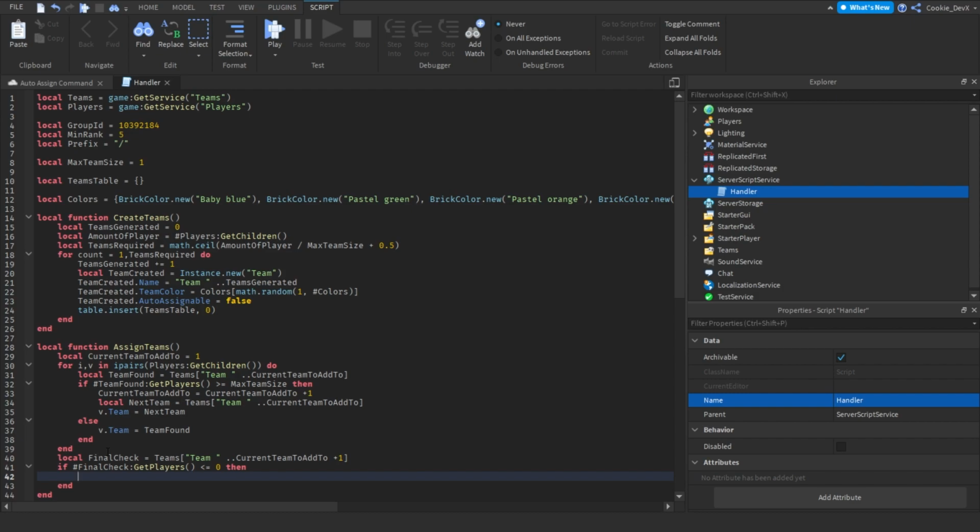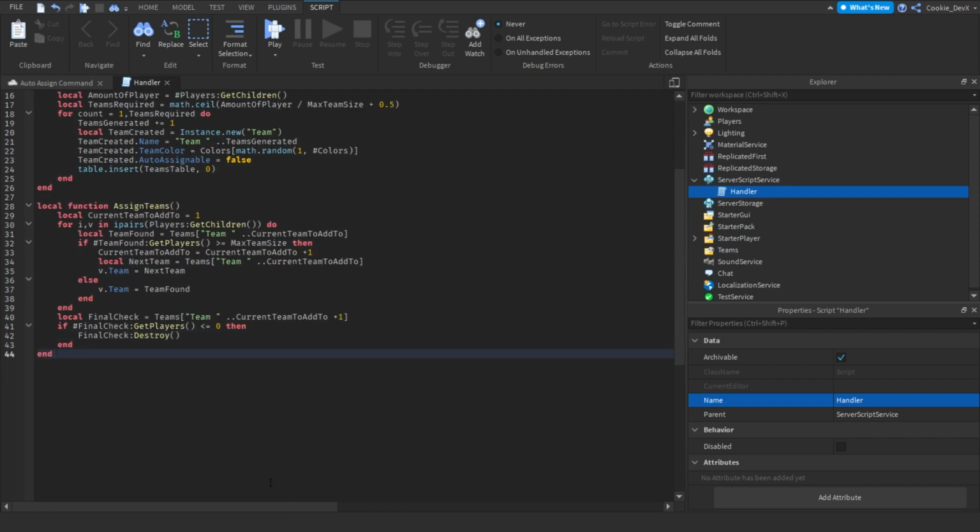And then we're simply going to say final check: destroy. Now we have all the functions that handle creating a team and assigning a team. However, none of these functions will work unless we fire them. So now we're going to drop a few lines, and then we're going to say